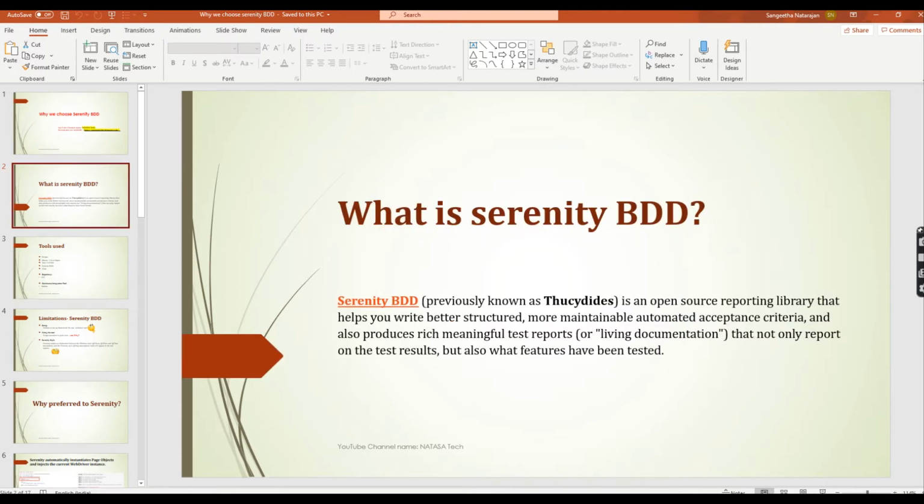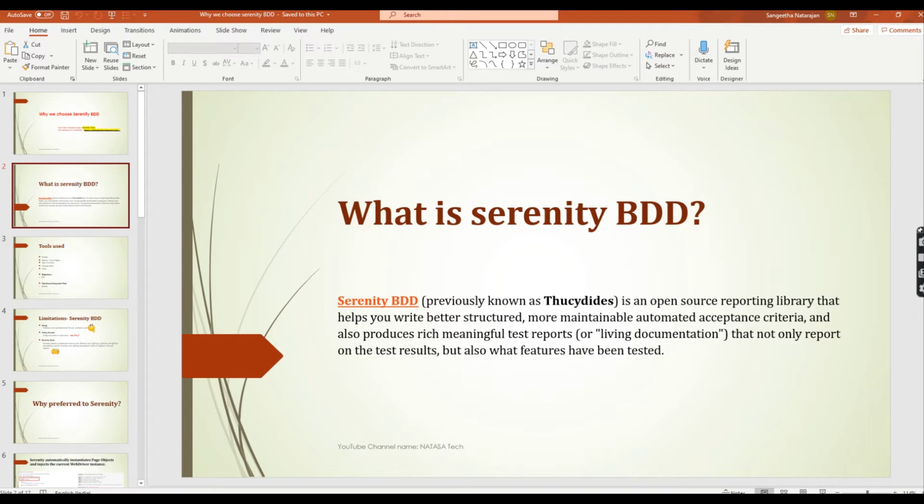So I'll give you another name for Serenity: living documentation. What is living documentation? Why do most people call it that? Because once you get the test output after execution using Serenity BDD, you are able to see rich, meaningful reports.